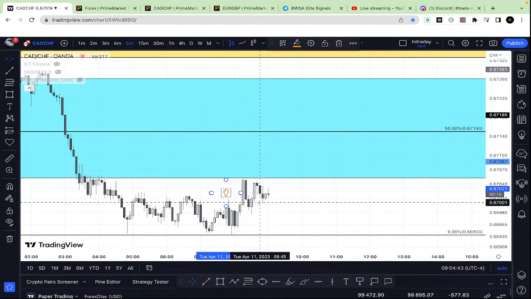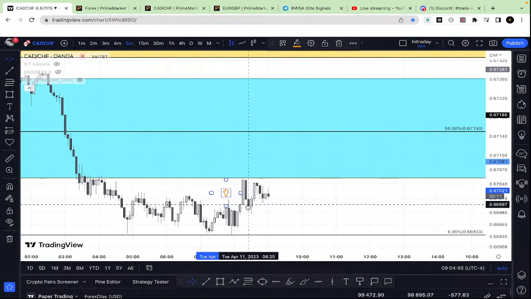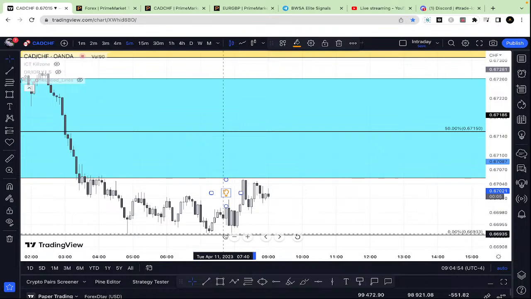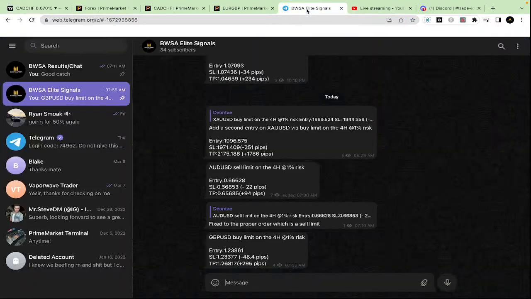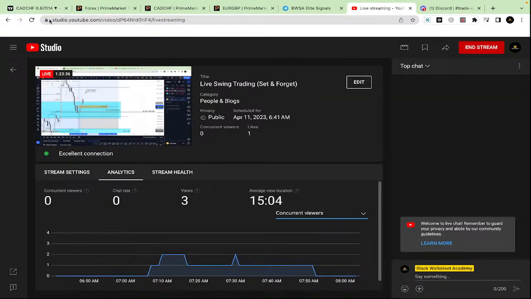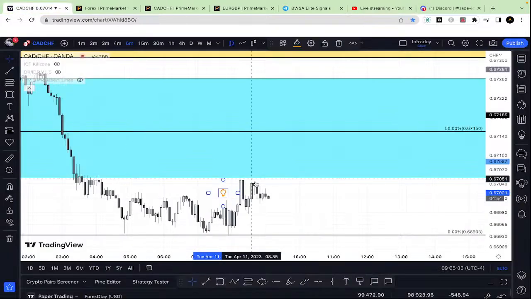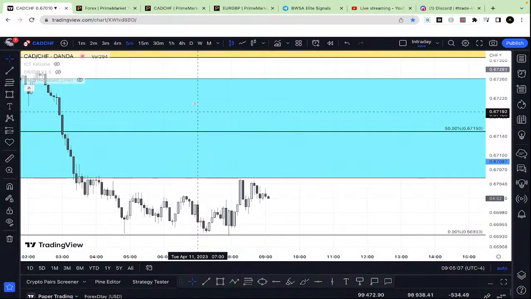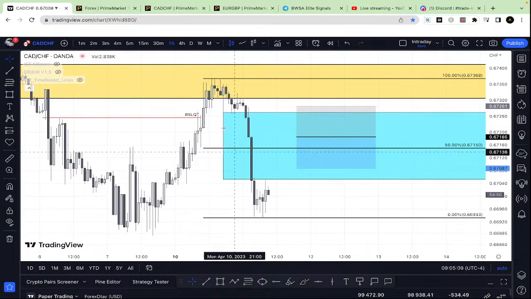So if I did see this low taken out here at 0.66999, that'd be golden. Possibly to come fill this imbalance again, but pretty much the same area as the order block. You're not going to have very much drawdown if your stops are just behind this low. So you can't really go wrong. Perfect. So that's the idea from the long side, but I am entering on the 1H, so we'll be waiting